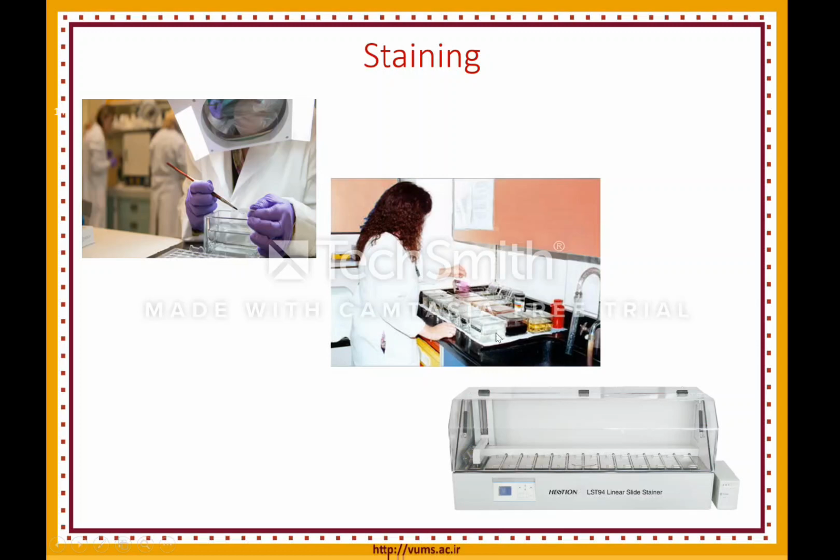Here there are some jars that include some materials and also two stains that are generally used in the histology and pathology laboratory, hematoxylin and eosin staining. And this is an automatic stainer that some labs may use. But in most laboratories, the staining is done manually, where one person moves the slides through different jars, and finally